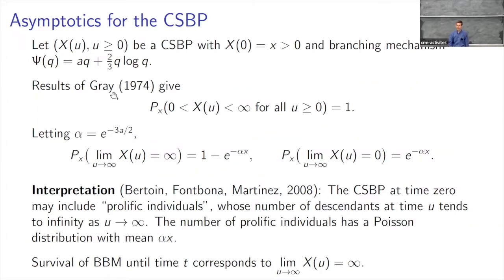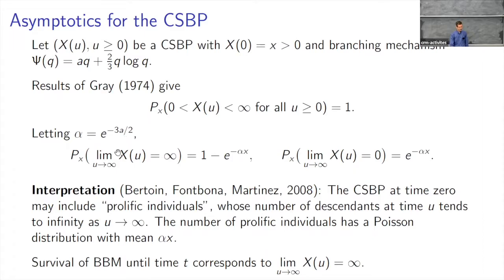And then some early results of Gray on continuous state branching processes tell us that this continuous state branching process never goes extinct and does not explode in finite time. So the probability that X(u) is strictly between 0 and infinity at all times is equal to 1. Furthermore, if we let alpha be e to the minus